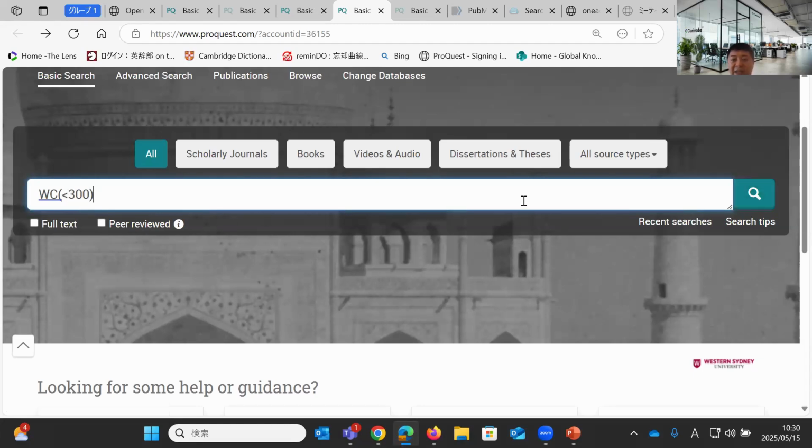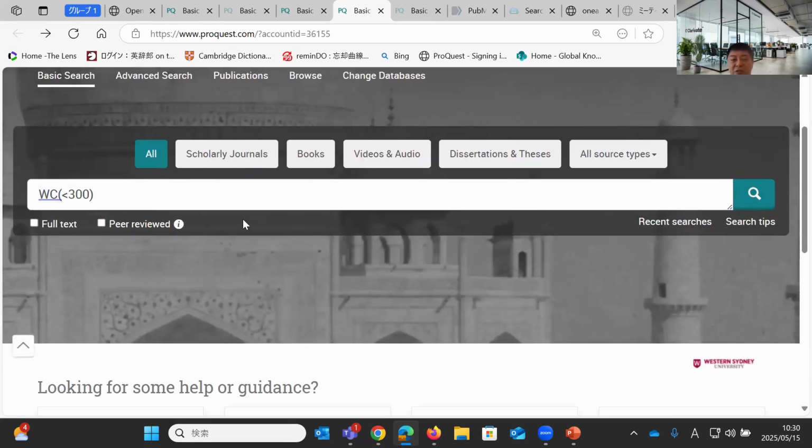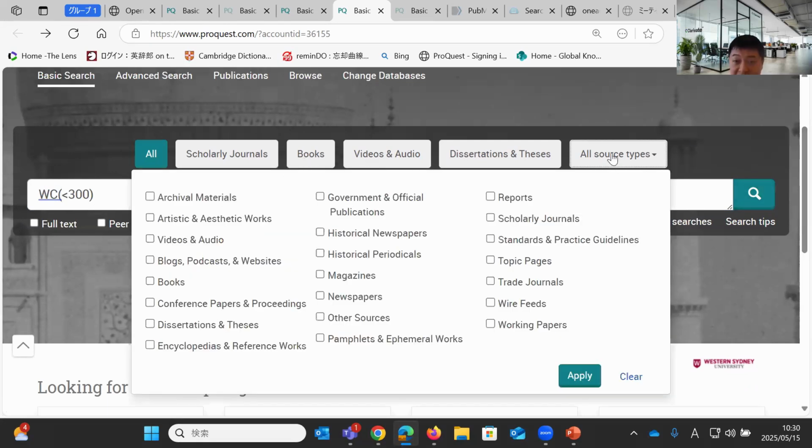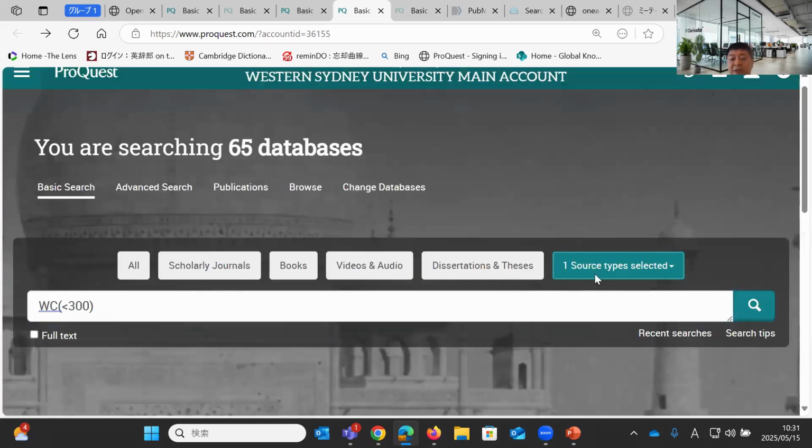And if I do a search like this, maybe I can change source type to, by the way, if I do this, it searches all the content types, but I can open all source types, and then where is the newspapers? There you go. Newspapers and search.